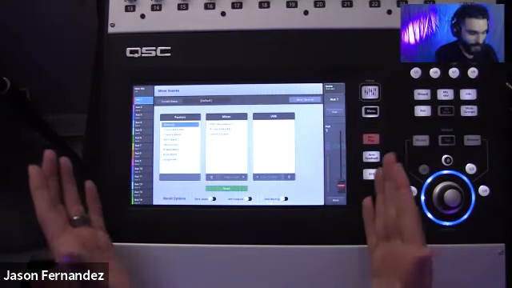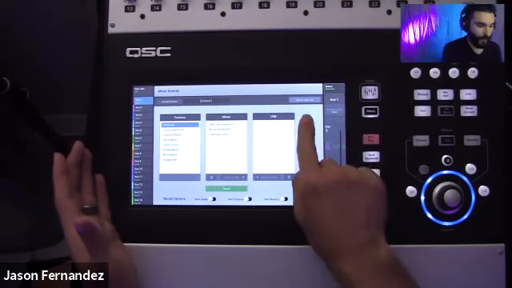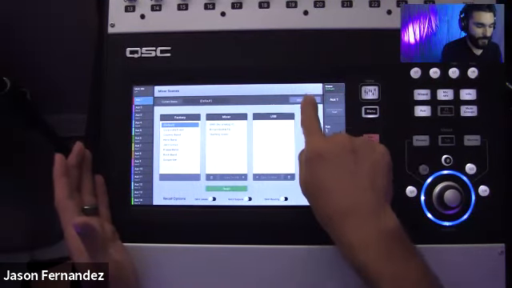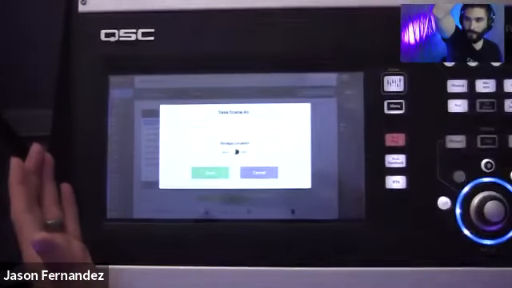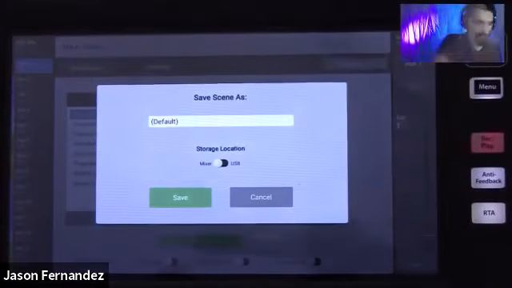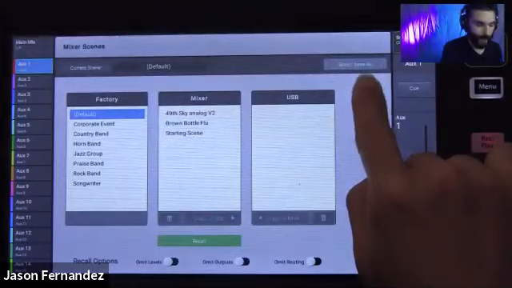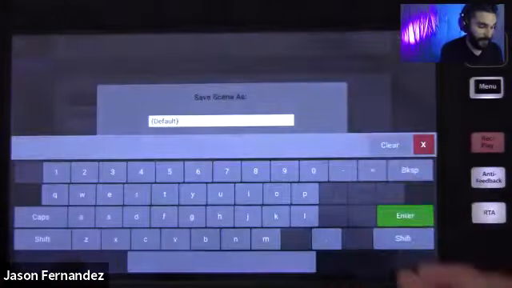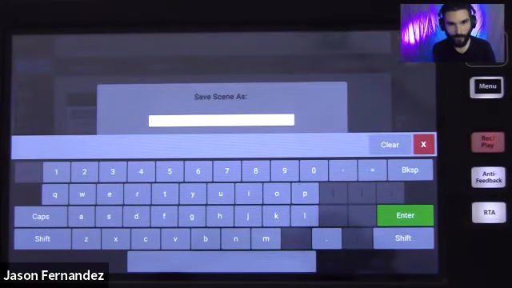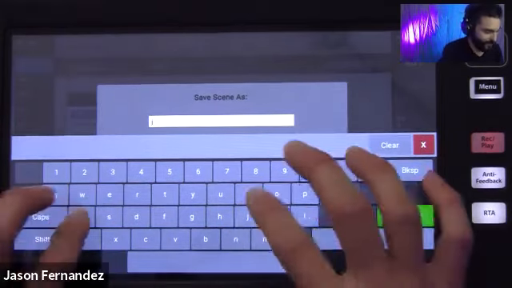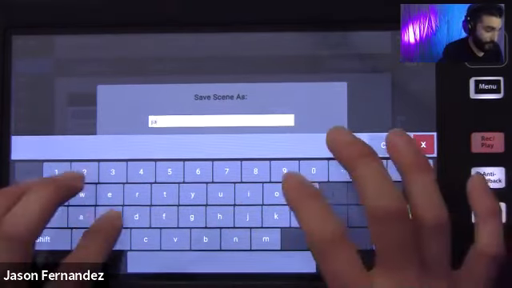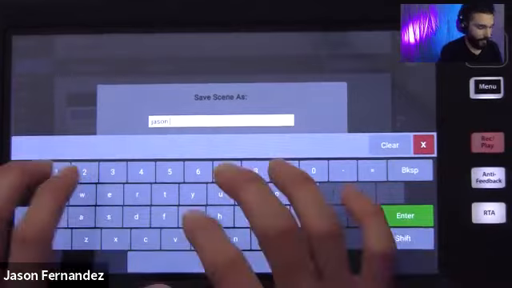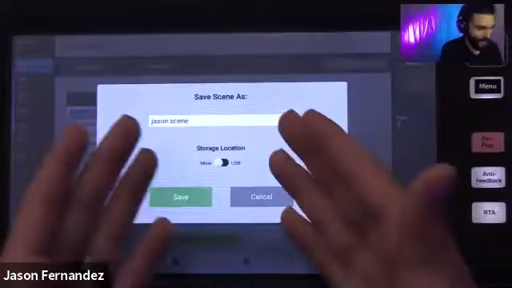So if I want to save myself a custom scene, I'm going to hit this button here, save as, and I'll punch in a little closer now. So that's the save as button here. And that's going to give me this window here. I'm going to give it a name. If it's a custom scene, you probably want to be naming it something that is custom. I can just say this is Jason's, whoops, I can spell. This is an audio lesson, not a typing lesson. Jason's scene. Cool, so I've named it.